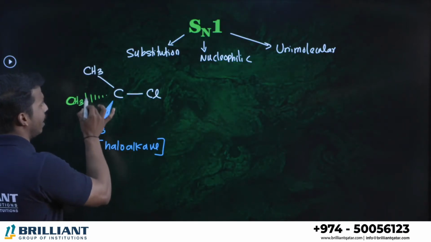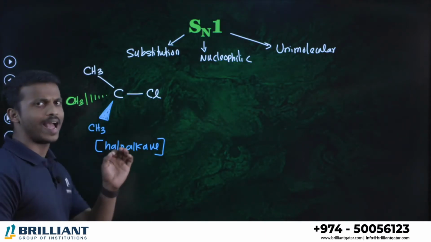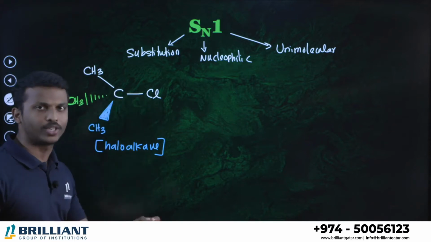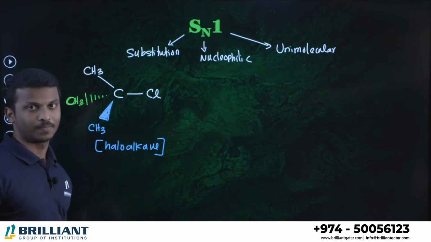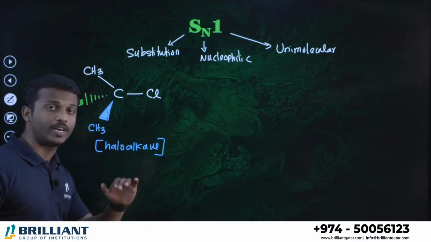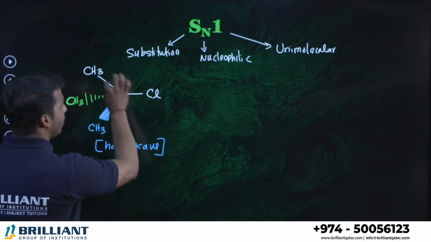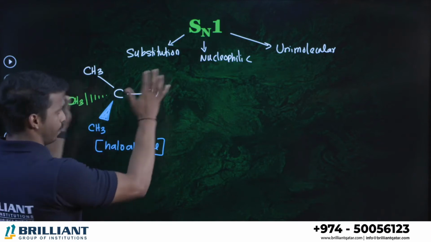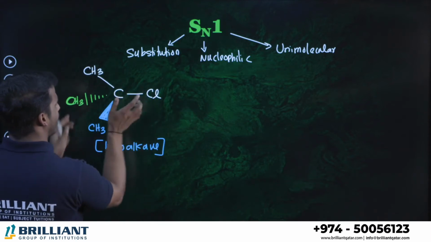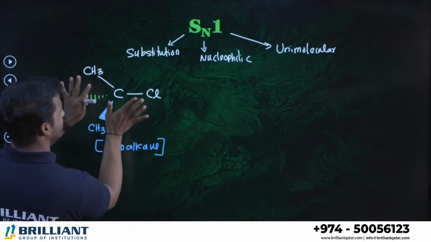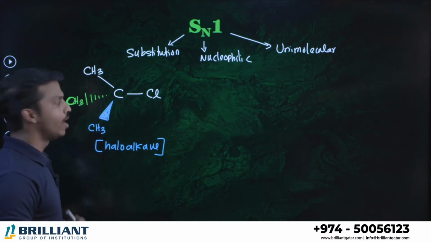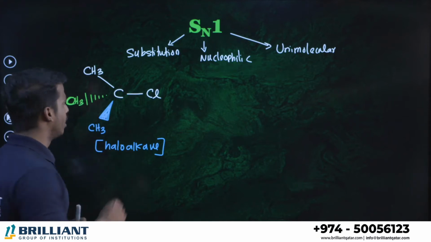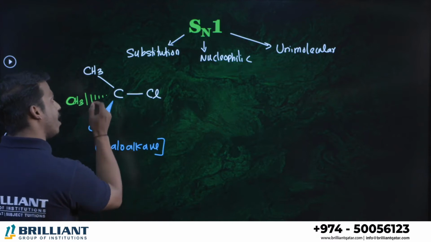Now in this one, what does this representation mean? Dear all, this is called a dashed wedge. These are normal bonds. These are called dashed wedge. What about this one? Solid wedge. What is the meaning of dashed wedge, solid wedge and the normal bonds? A normal bond represents that those bonds and the elements are in the plane. So this carbon, the chlorine and the methyl group are lying on the same plane, on this board. But this CH3 is a dotted one. This is called dashed wedge. Dashed wedge represents that it's away from you.